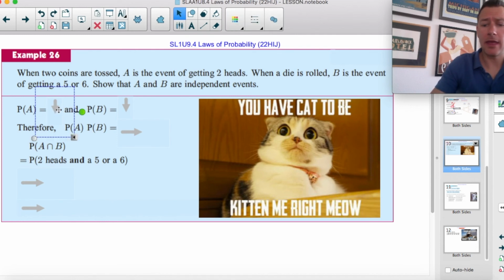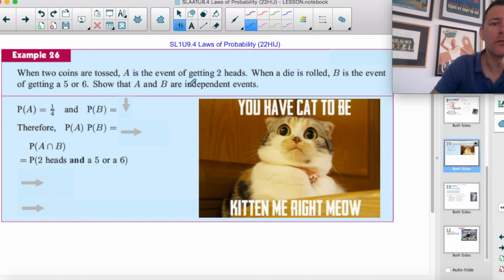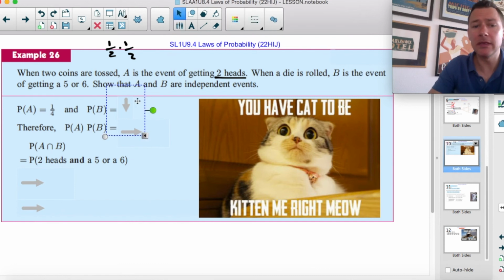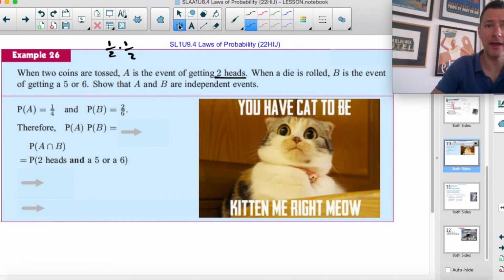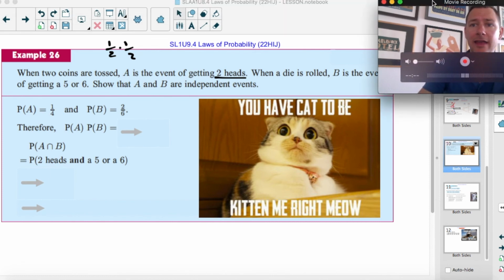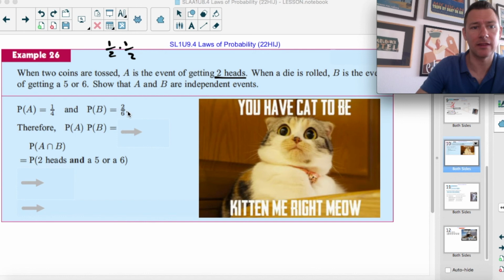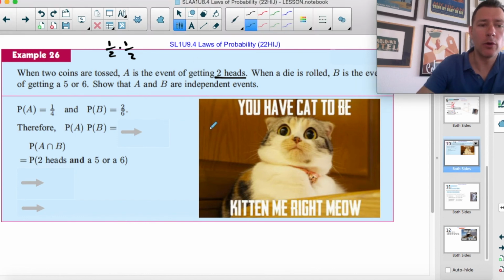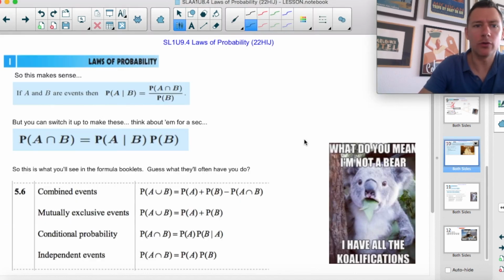So the probability of A is going to be 1 out of 4 because we want A to happen. That's 2 heads in a row. So that's half times a half, right? 1 out of 2 times you'll flip heads. You're doing it twice, so that's where the 4th comes from. The event B is getting a 5 or a 6. There's one 5 and one 6 on a die, and so when you roll, you have a 2 out of 6 chance of getting that. Okay, so what we're ultimately trying to show is